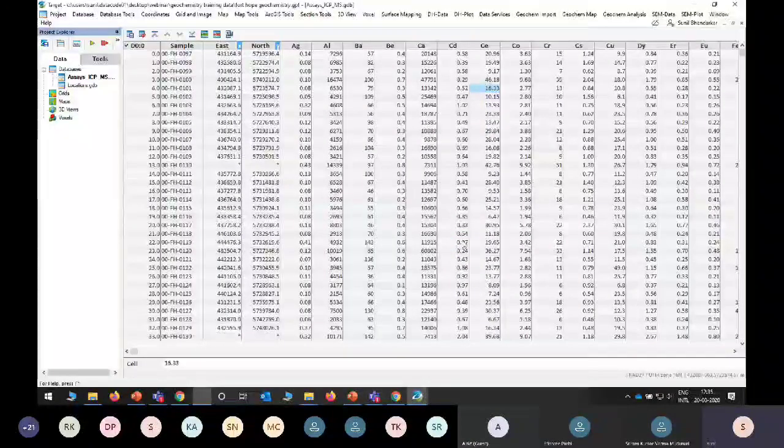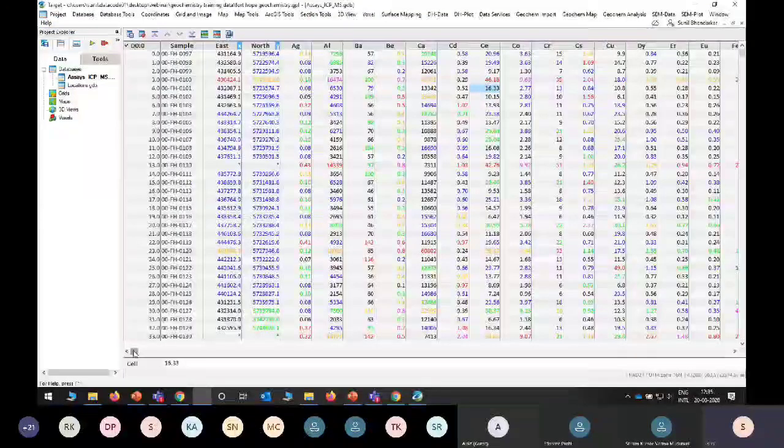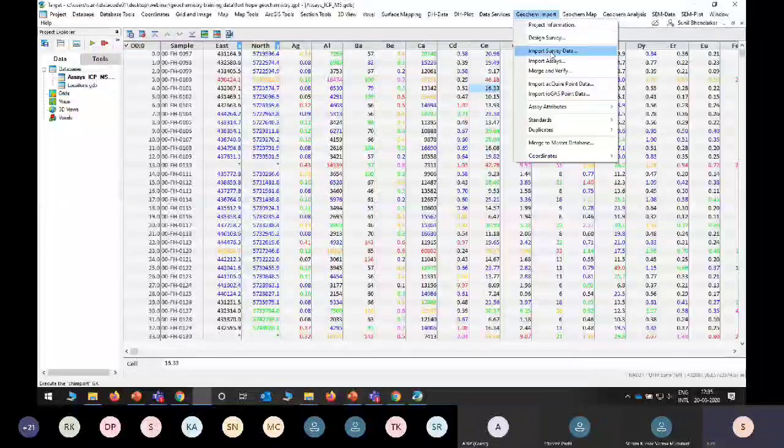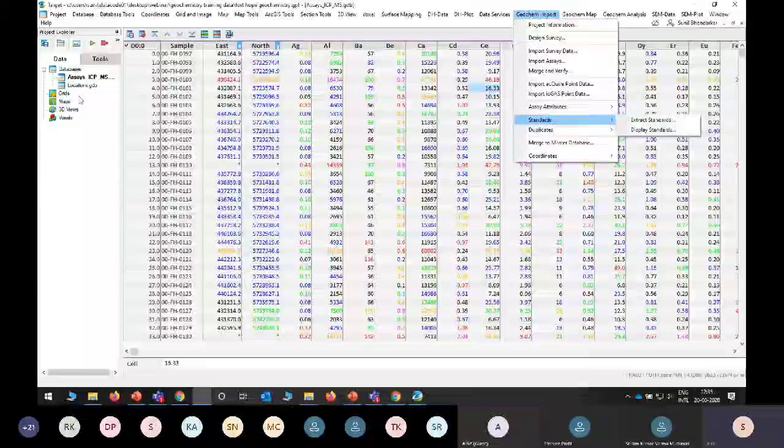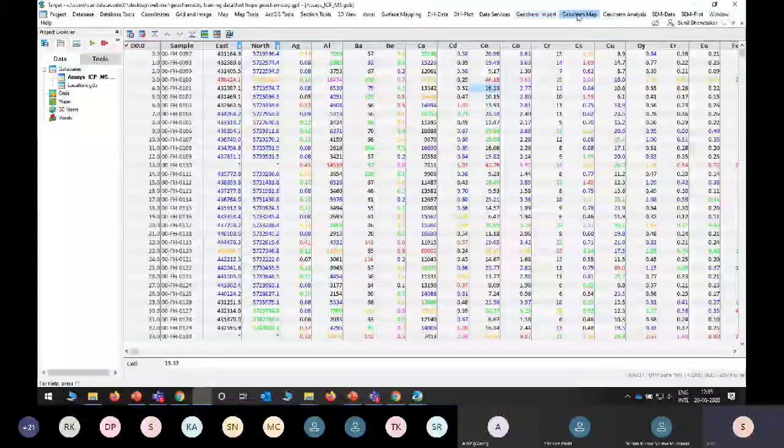This is how we can import the data, import the survey data, assay data, and merge and verify it. You can cross check here, you can extract the standard values and duplicates also. In the presentation someone asked me about the anomalous map, so here you can create a map, you can scan the data.